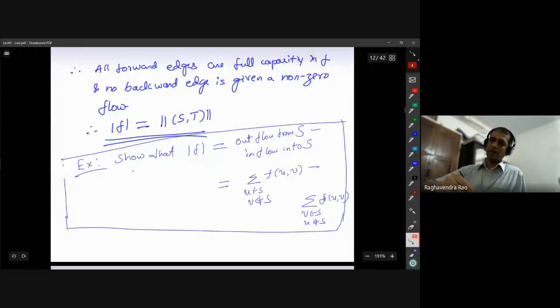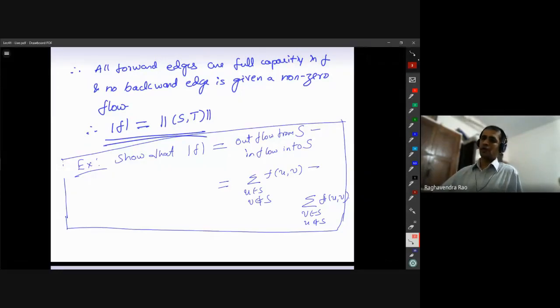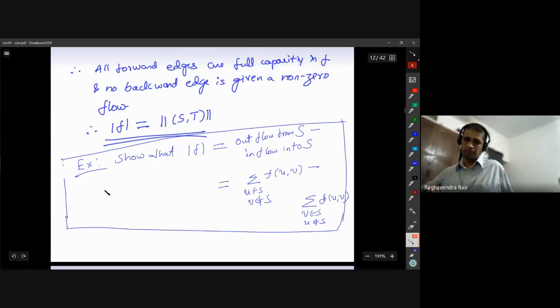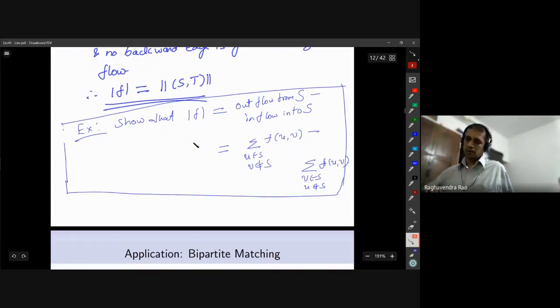Okay, so this one small part I am leaving for you to prove. This basically follows from the conservation law. Show that the value of flow, in fact this holds for any cut, or any subset of vertices S: if you look at all outgoing edges, add those flows, and then subtract from it the flow assigned to all the incoming edges, that has to be equal to the value of flow, provided that S is a set which is reachable from the small s, the source. Okay.